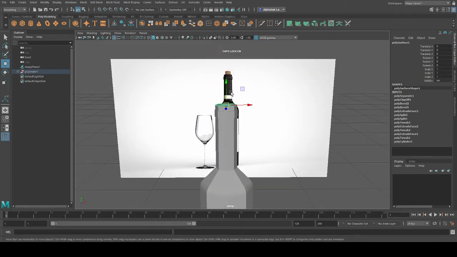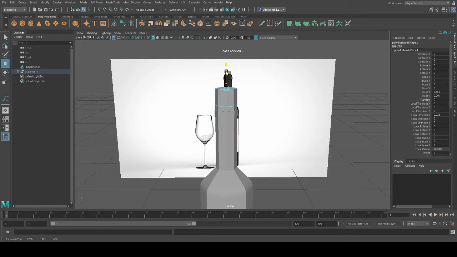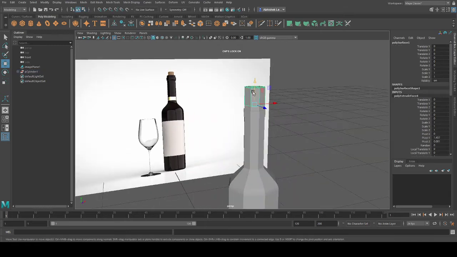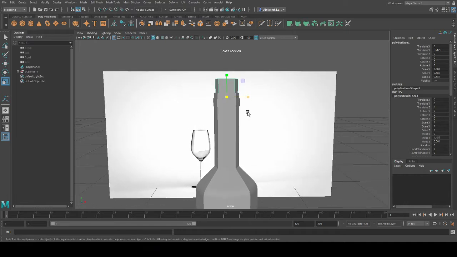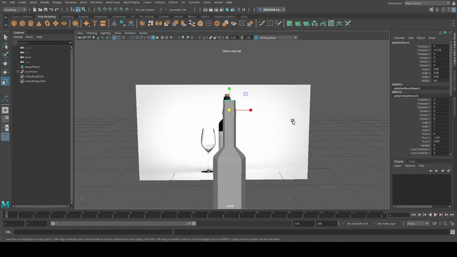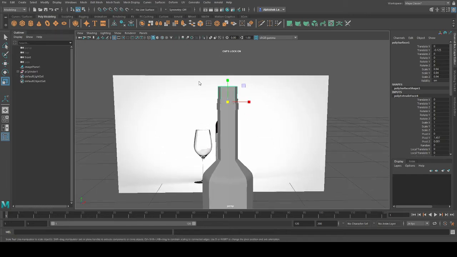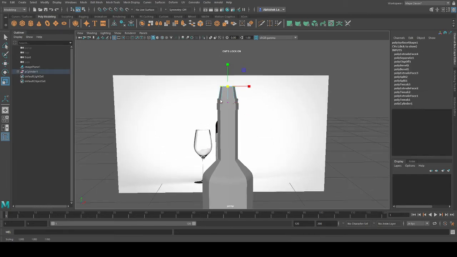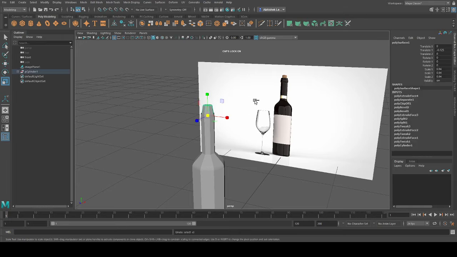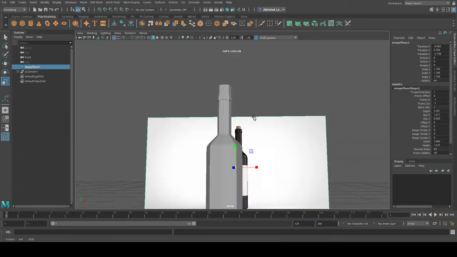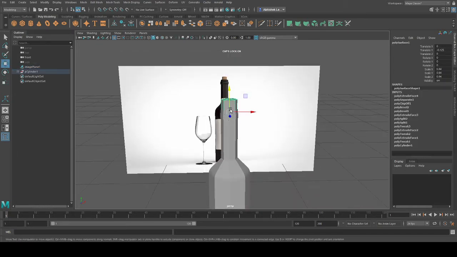Now what you have to do is create thickness. It's a plane. So how do you create thickness? By extruding it. Ctrl E. This is how you create thickness. Right, here the bottle top is ready. Okay, for design you can keep it like this, whichever way you want. Okay, this is a bottle top. So now you can see blocking is ready.